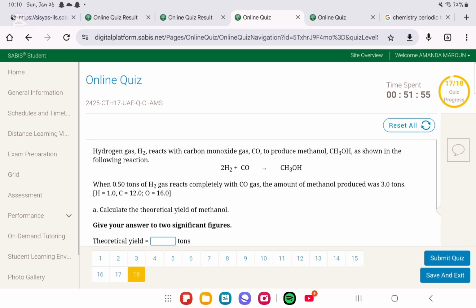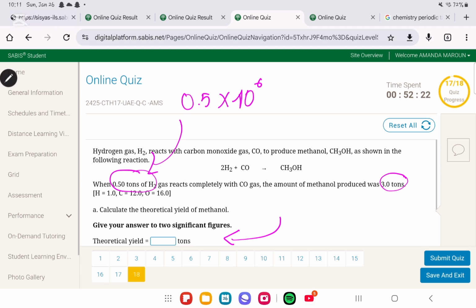Hydrogen gas H2 reacts with carbon monoxide to produce methanol. They said when 0.5 tons of H2 gas reacts completely with CO gas, the amount of methanol produced was 3 tons. Now, they need us to find the theoretical yield. To find the theoretical yield, first of all, we are going to find the number of moles of hydrogen. So 0.5 tons, we will change it into grams. It's 0.5 times 10 to the power of 6 grams, divided by the molar mass of hydrogen, which is 2. We are going to get the number of moles to be